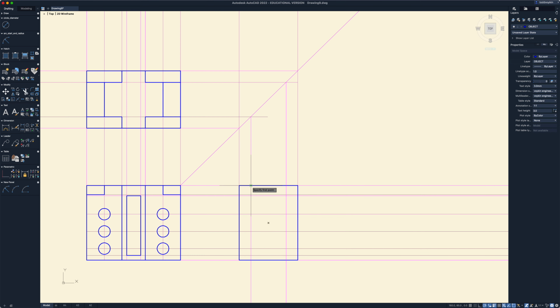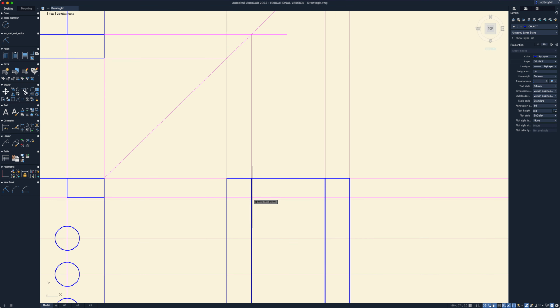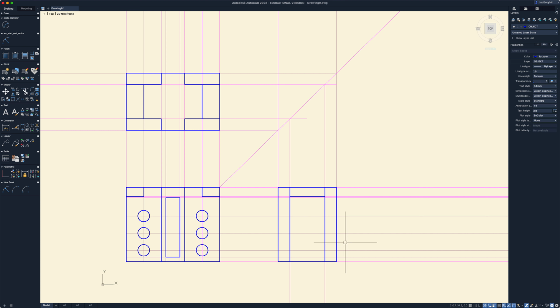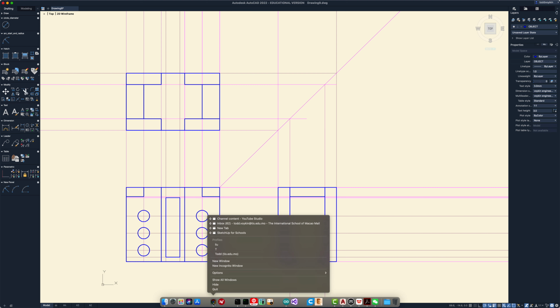This one's going to come straight down. This one's going to come straight down. And this one right there is going to go over. And that is my right side view. And that should look very similar to what I have on my